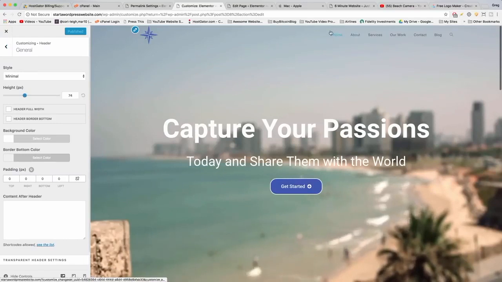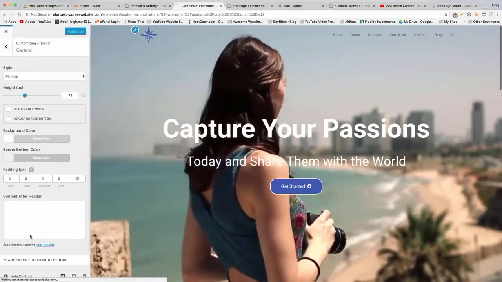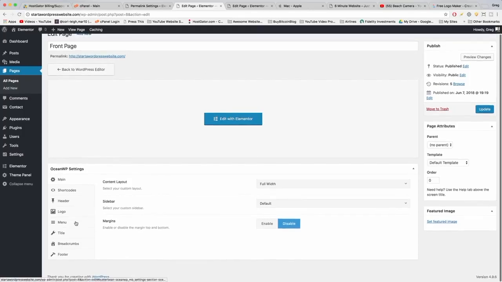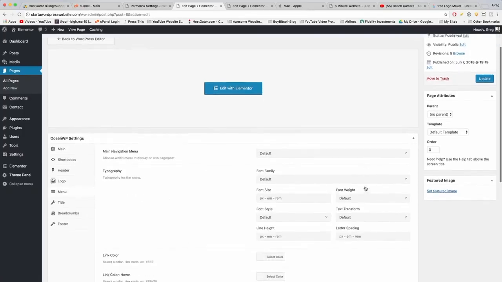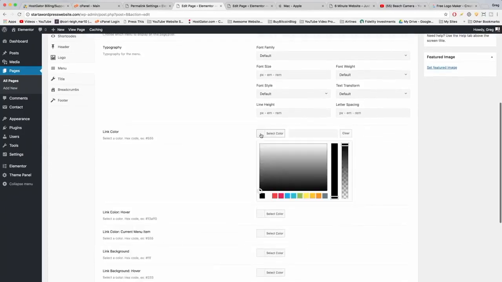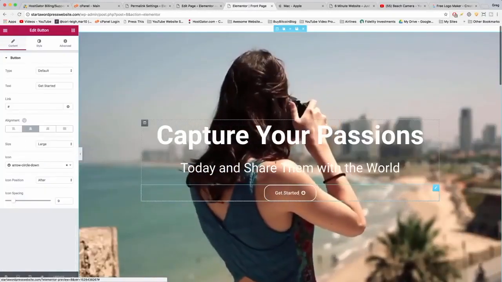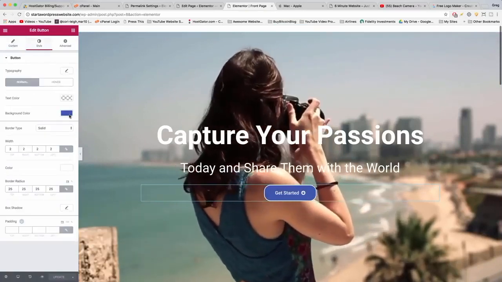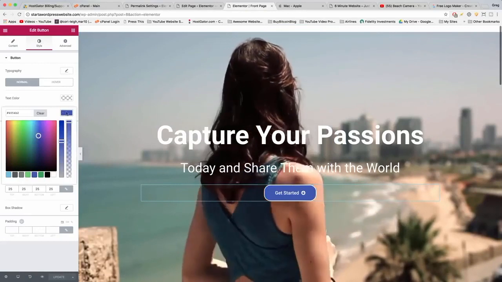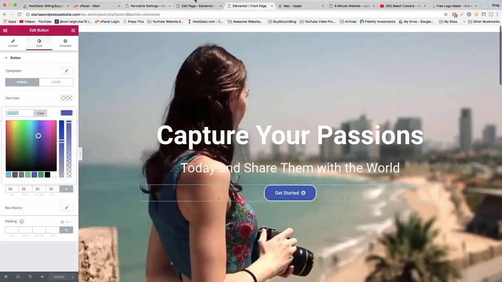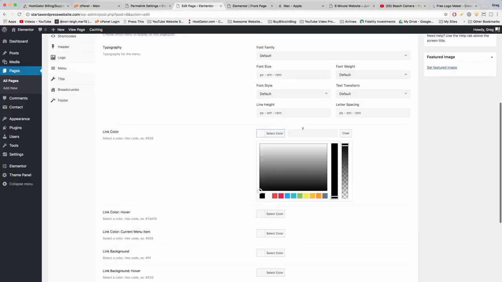So to change the color of the menu links, click out of customize. It's going to bring us back to the OceanWP settings. We can click on menu, and then when we scroll down, click on link color. And we need to get that blue again from the button, so click the button style. If you forgot, which you probably did if you're like me, then you click on this blue and copy, and back in the link color,